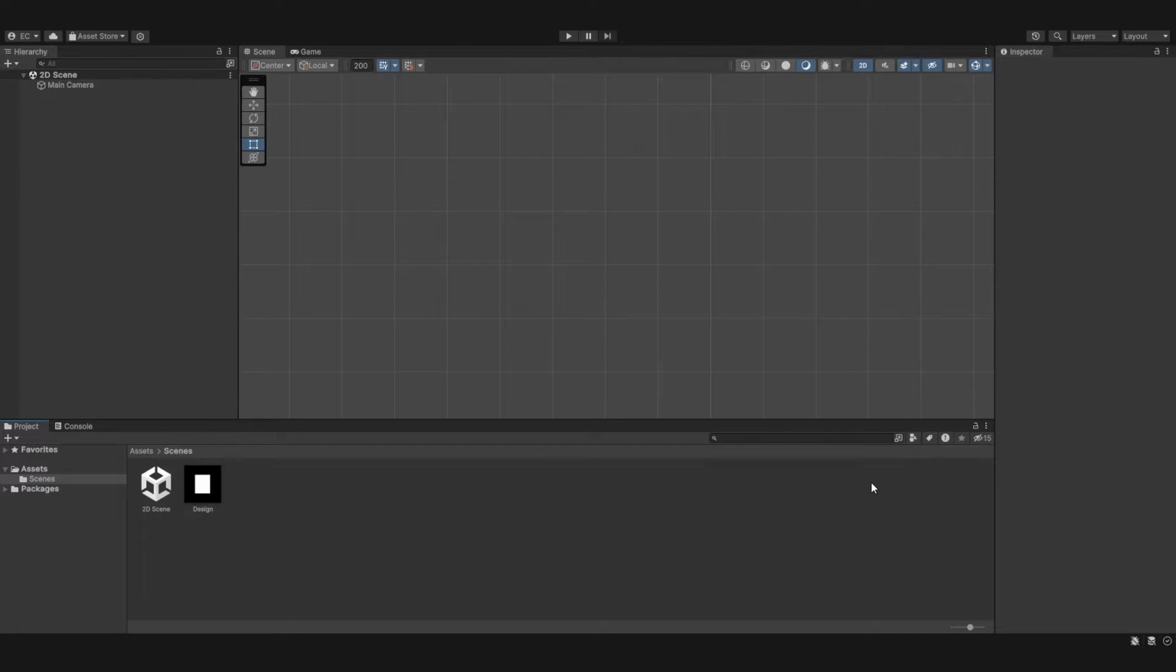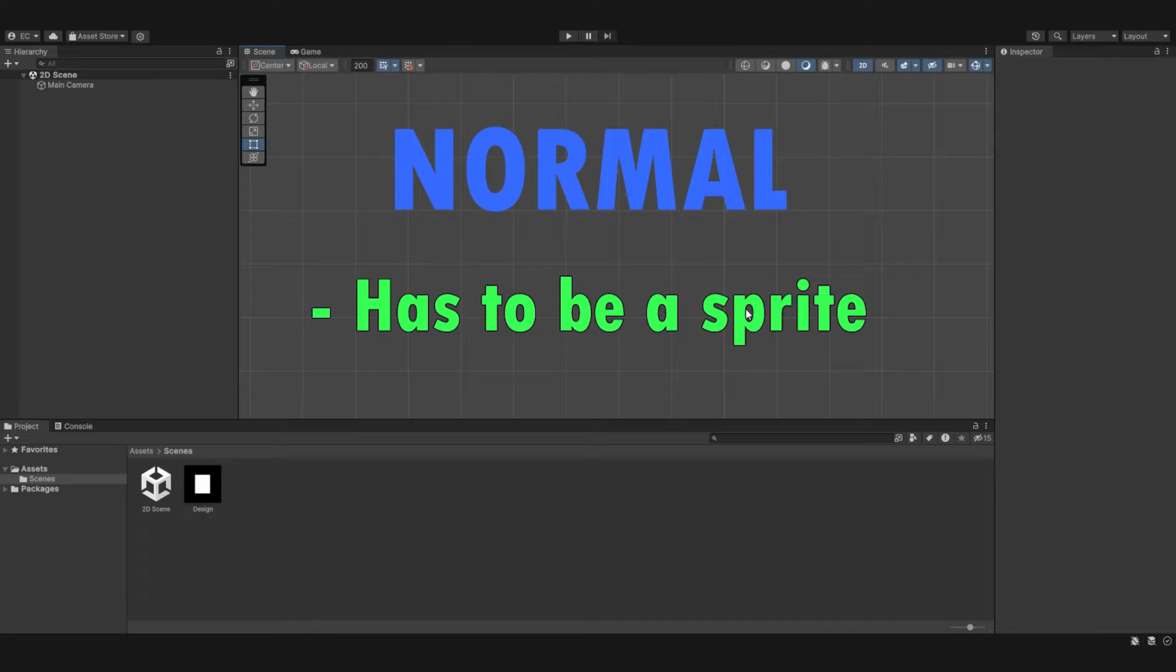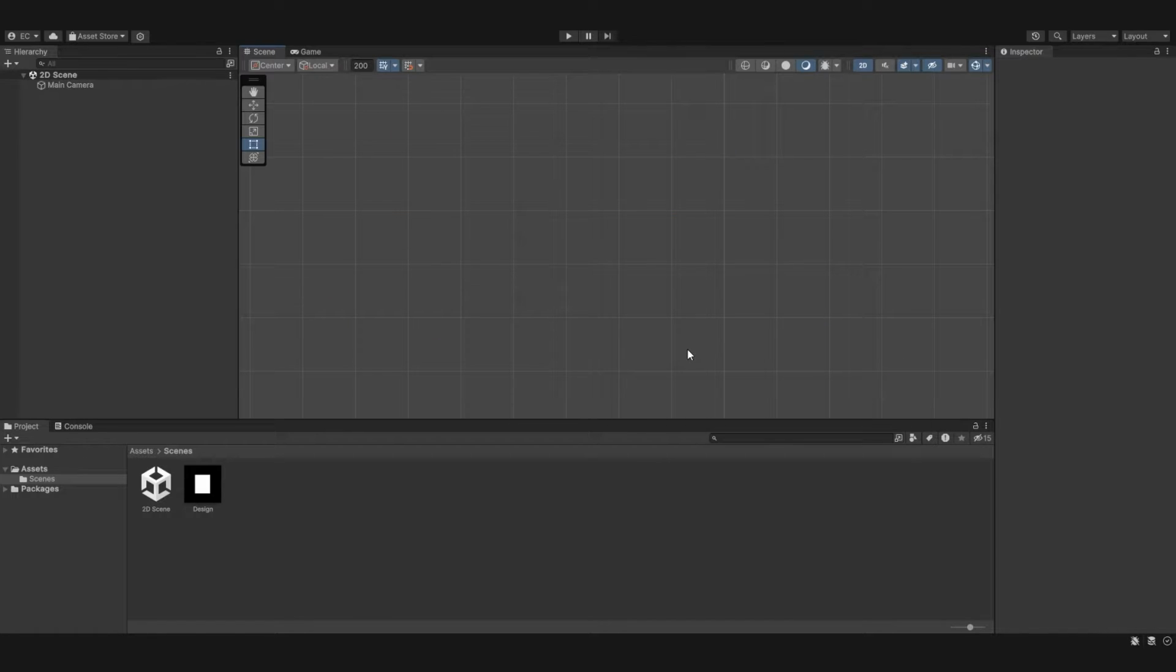Hey everyone, today we're going to look at images and raw images in Unity. So what is the difference between a raw image and a normal image? Well, a raw image can display any texture, whereas an image is bound to just a sprite. So I will show you what we mean by this a little bit later on, but if you focus your